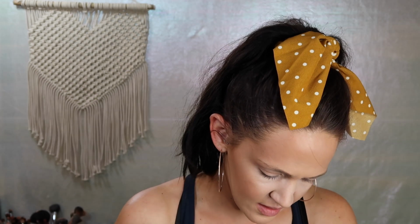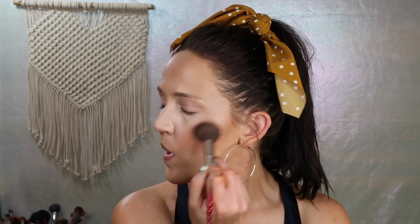I really like this so far. Oh yes, and then there's the bronzy side. I think I may just try to add a little touch of shimmer. Let's see, does that... Okay, the nice thing about the shimmer is it's not intense like a highlight. It's packed pretty densely, so it's not really easy to go overboard, if you get my drift. So you can just tap your brush in and it's just gonna give you